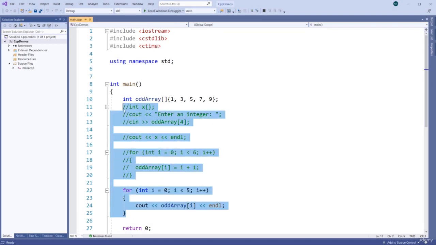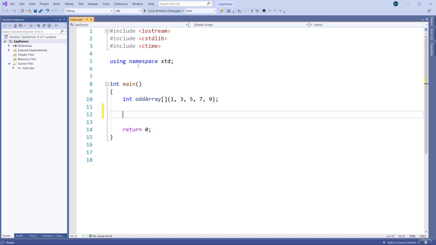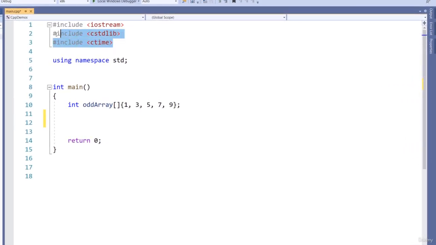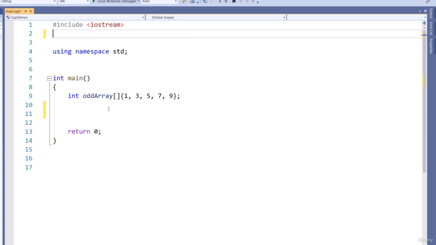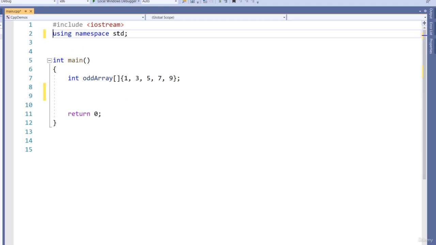Okay, I'll do a bit of cleanup. Just delete all of this stuff. I realized that I included these two, cstdlib and ctime. You don't need those, you don't need any special include to work with arrays. Those were included for another video that covered random number generators, and I moved that to the next module, module 102, for various reasons. Somehow I forgot to clean that up, so again, all we need here is iostream and using namespace std. Alright, so getting back to arrays, you can actually do